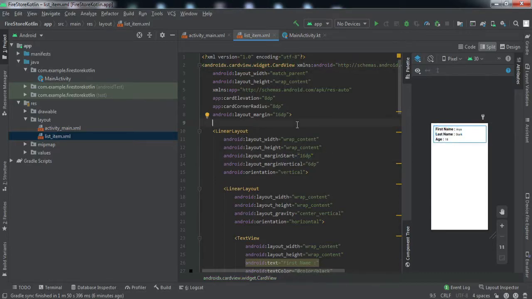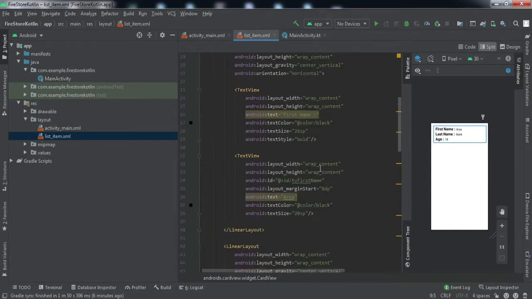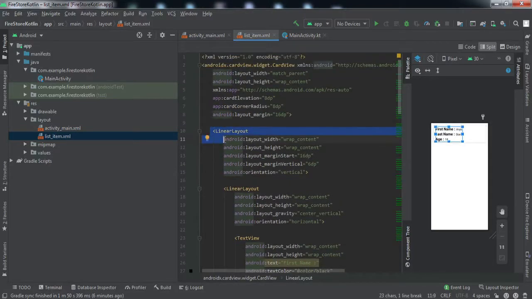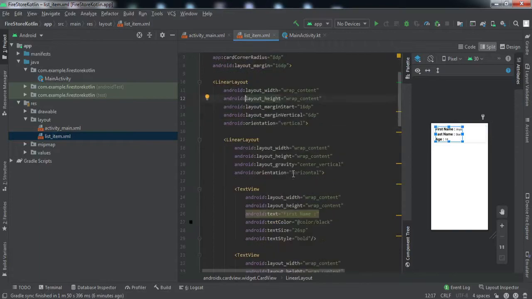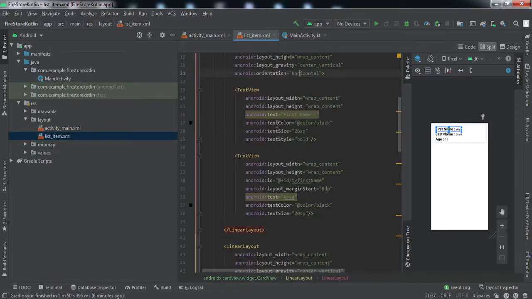So okay guys, we have designed the list item here, right? So basically we have taken 6 text views. We have given an ID to every second text view here, because we are going to populate the data into that text view. So the parent layout here after this card layout we have taken a linear layout, that is a vertical layout, and inside this we have 3 horizontal layouts, and each horizontal layout contains 2 text views, right? So I guess this is a simple layout, there is nothing to explain about it, right? So that is all we need to do inside the front end code.